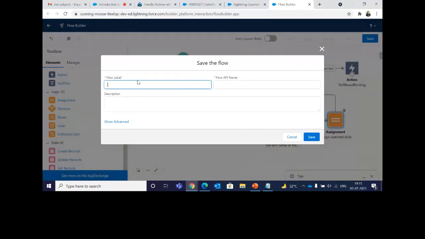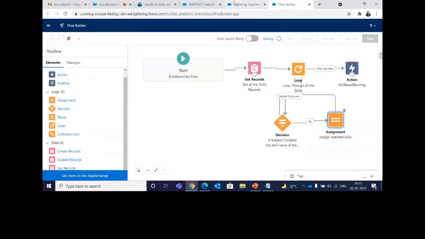Just click on save. My flow is done. Click on save, give a name, skill-based routing flow, and click on save. Then click on activate. Okay, so this is done.